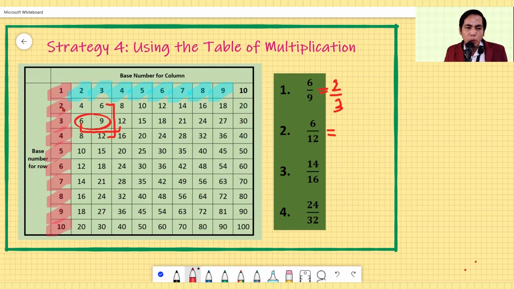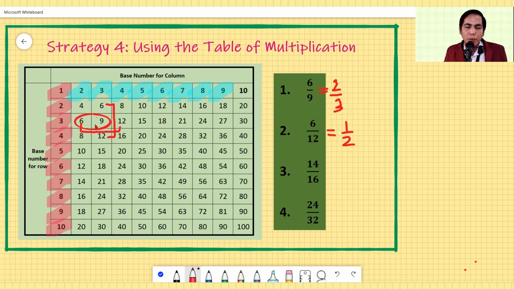So 2/4 is the lowest term of 6/12, but it's not yet the lowest term. Why? Because we can still see 2 here, 2 and 4, and the base number for 2 and 4, we have 1/2. So therefore, the lowest term of 6/12 is